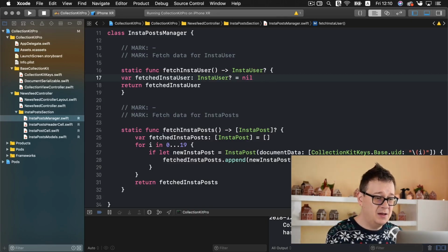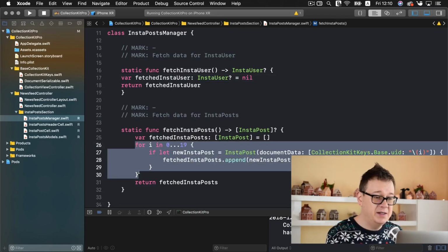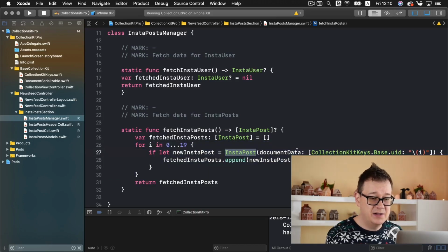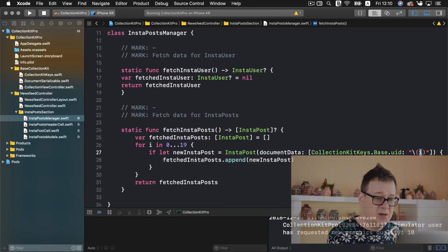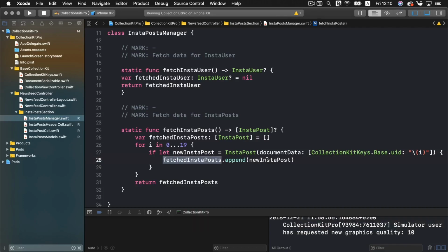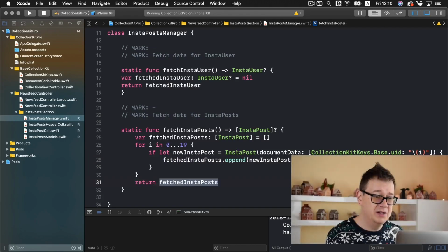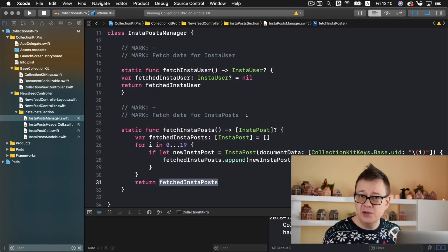But for the sake of showing cells, I have added 20 cells with the InstaPost. As you can see, we have created our document data with this dictionary. And I have added for the UID the i, and that is looped through from 0 to 19. And we append our new InstaPost to our fetched InstaPost array, and we return it. So basically in the manager, we're just simply fetching. You could expand this